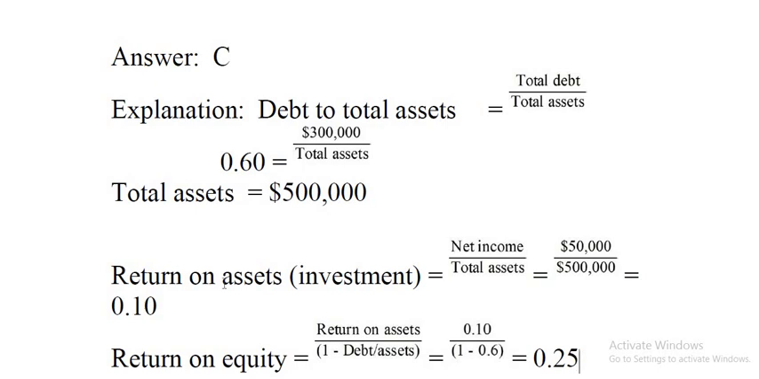Using this number in the second step, we should compute the return on assets. Return on assets or investment equals net income divided by total assets. Net income given 50,000 divided by total assets 500,000 equals 0.1. So simply speaking, we can compute return on equity equals return on assets, that is 0.1, divided by 1 plus